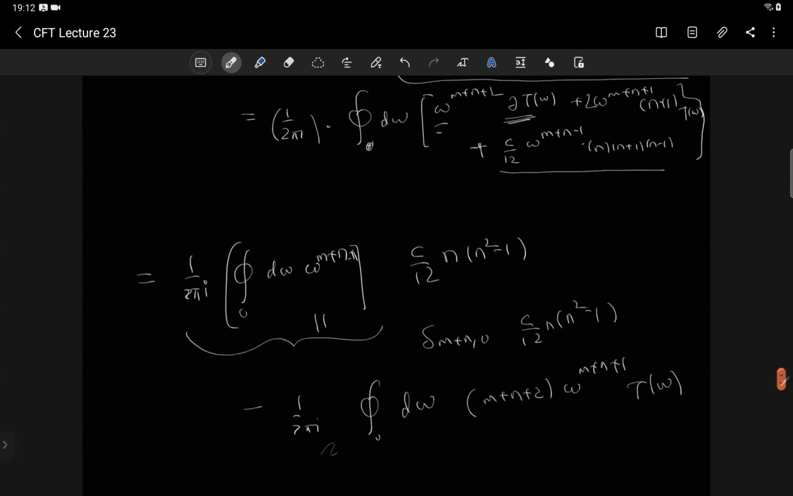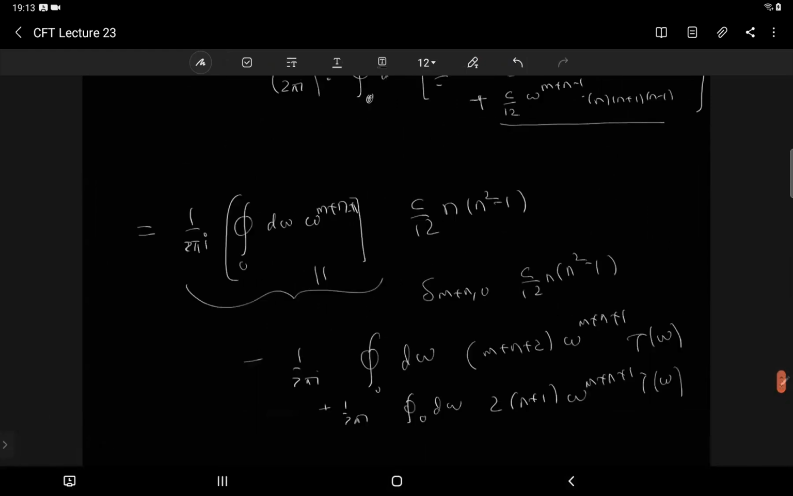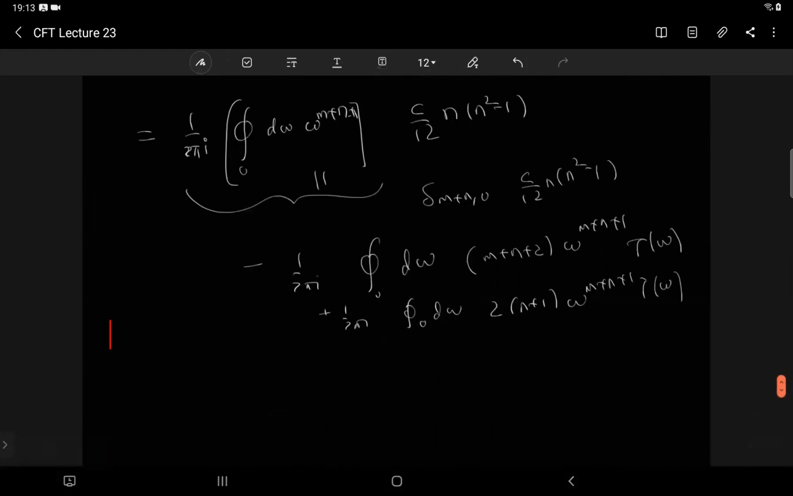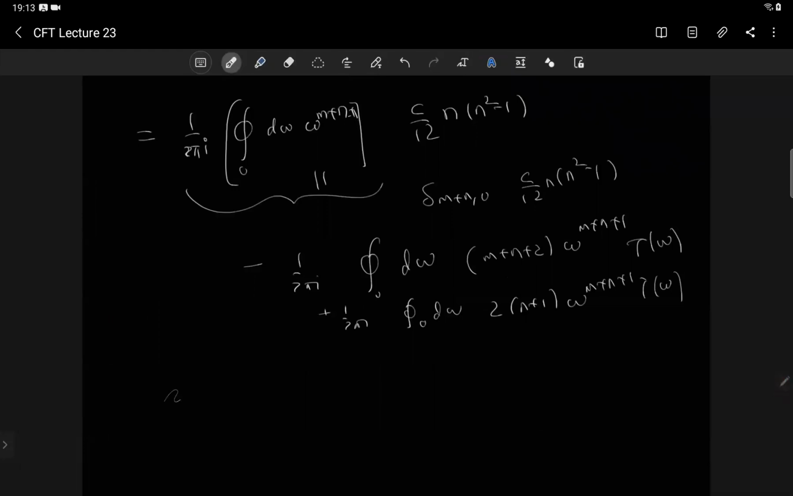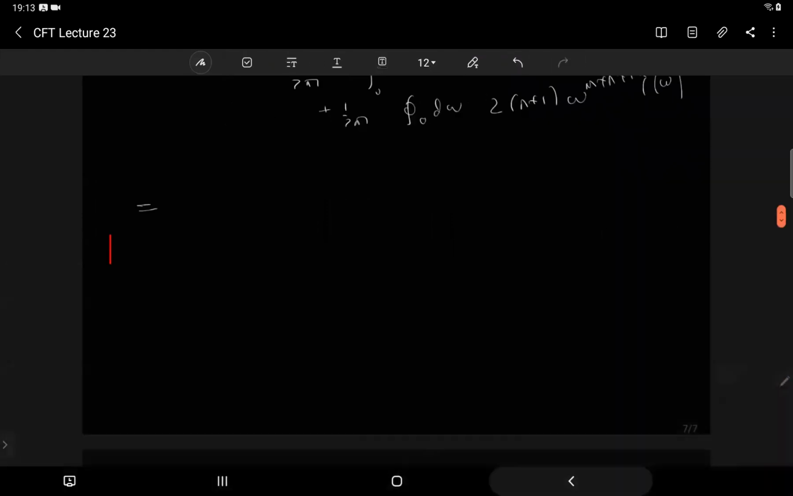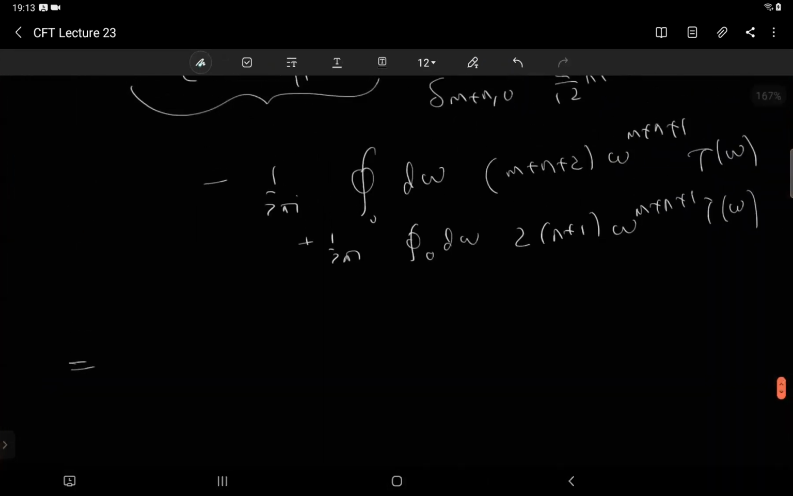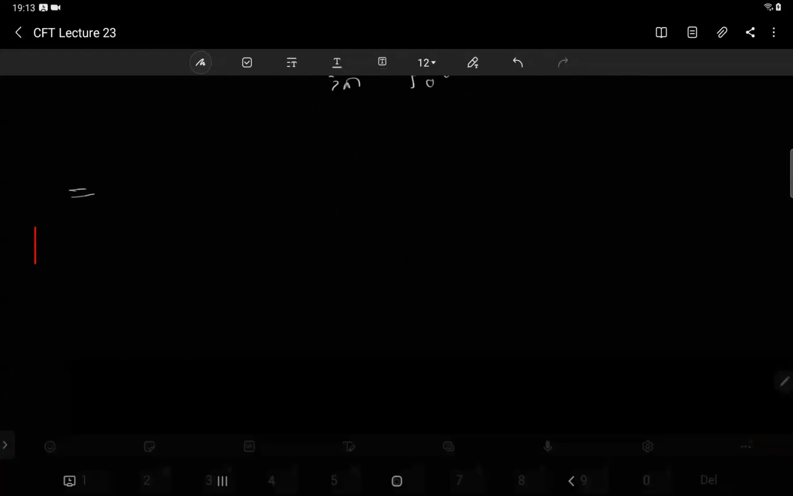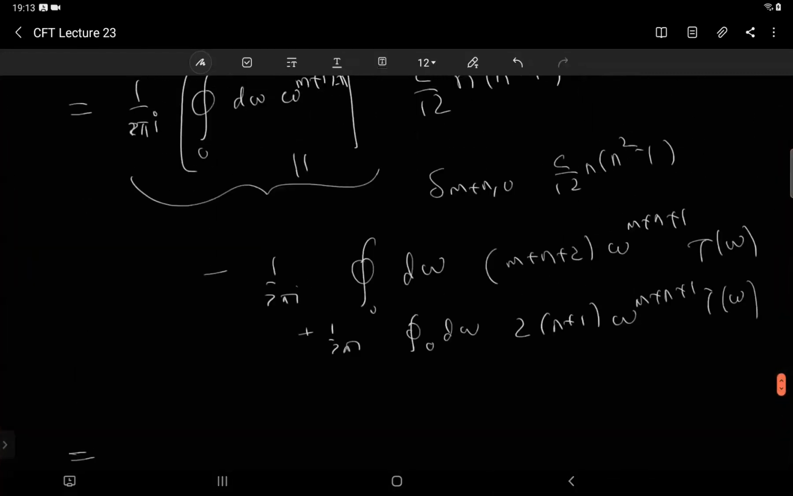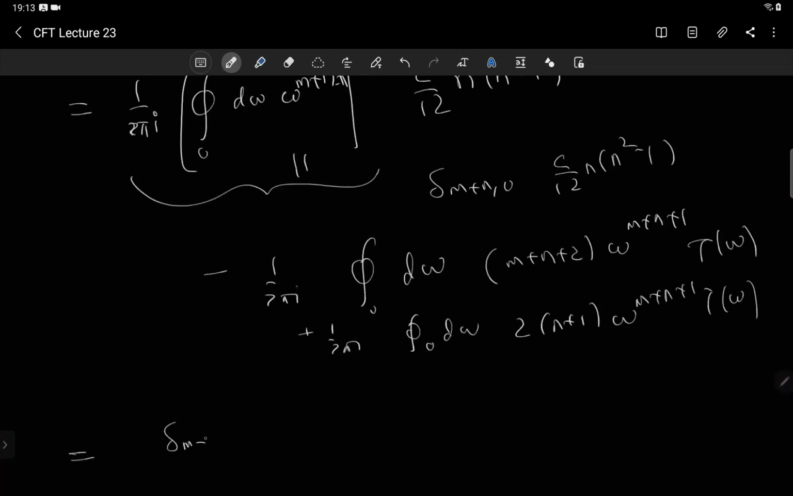সেকেন্ড টার্মটা ছিল প্লাস 2 পাই আই ওমেগা টাইমস কন্টুর ইন্টিগ্রাল ডি ওমেগা, আর এখানে আছে 2 টাইমস n প্লাস 1 টাইমস ওমেগা m প্লাস n প্লাস 1 টি ওমেগা, রাইট? এই দুটোকে যদি অ্যাড করে দিই, তাহলে আমরা যেটা পাবো সেটা হচ্ছে m প্লাস n প্লাস 2 মাইনাস 2n প্লাস 1। তাহলে এই পুরো জিনিসটা হলো ডেল্টা m প্লাস n কমা 0 ইন্টু c/12 ইন্টু n ইন্টু n স্কোয়ার মাইনাস 1,